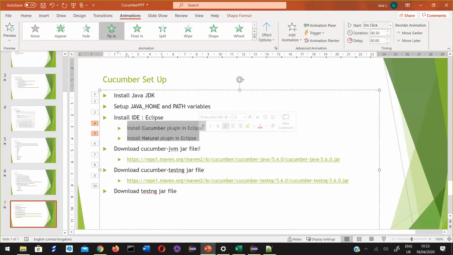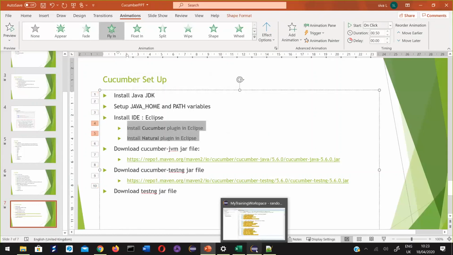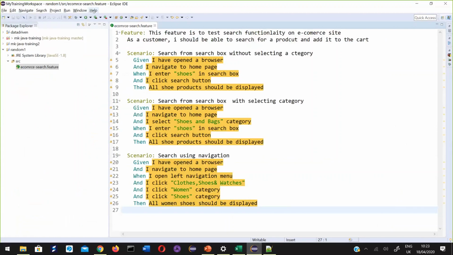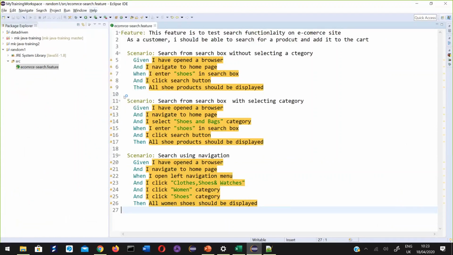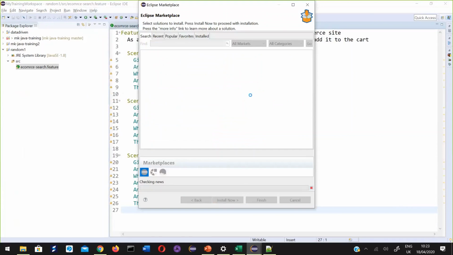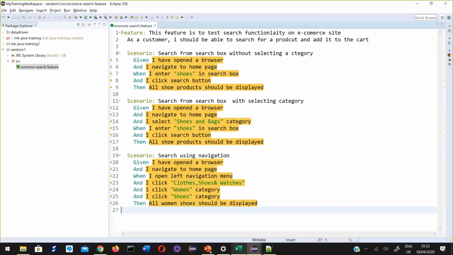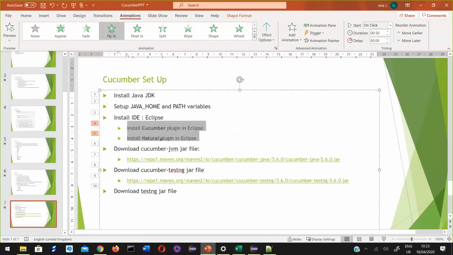How to install that? I have already installed them. Go to Help, Eclipse Marketplace. So what is the name? Cucumber plugin, Natural plugin.